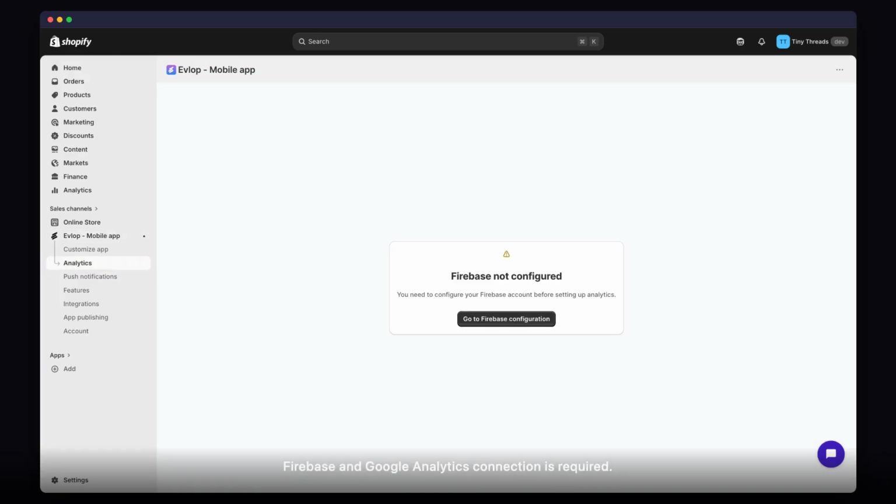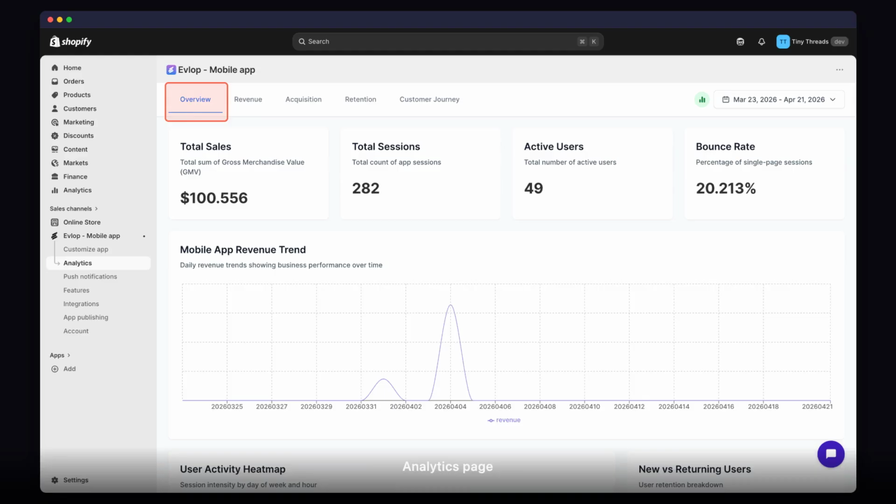But at the moment, it says Firebase not configured. You can go to the Firebase configuration and follow the help article to configure Firebase and Google Analytics connection. Once the connection is complete, this is the overview page, the very first screen you'll see whenever you open your analytics. Here are the other analytics pages you can explore, and this is where you can select the timeline of